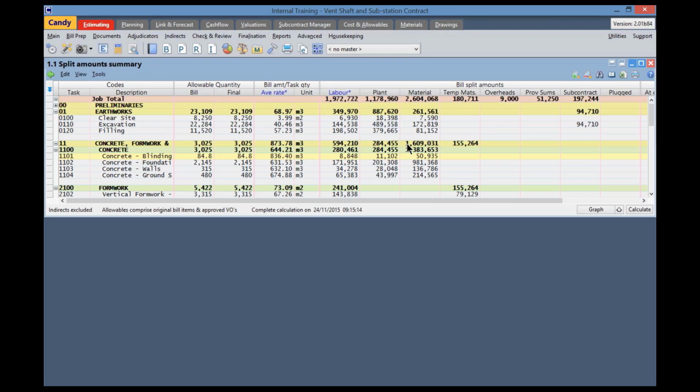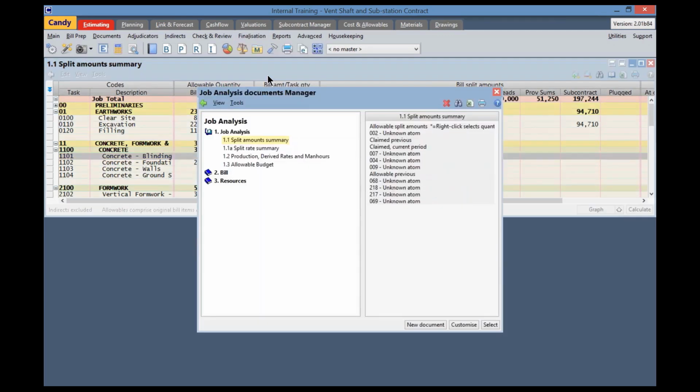If you don't like this method, you can always go back to job analysis. So if you go back to finalization, select job analysis 2. You can go and duplicate 1.1 split amount summary. I've already done that, and I've called it 1.1a split rate summary. So if I select that document,